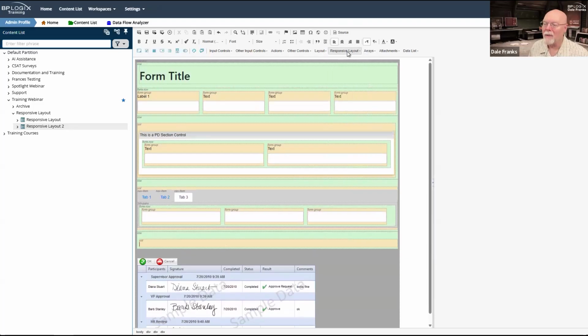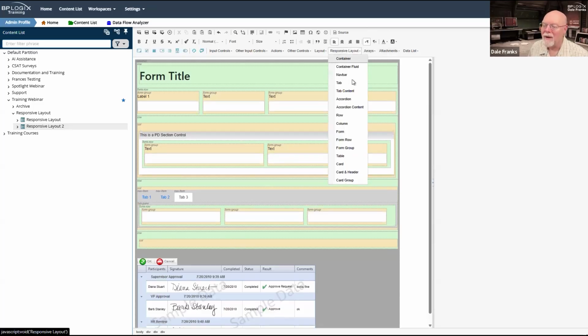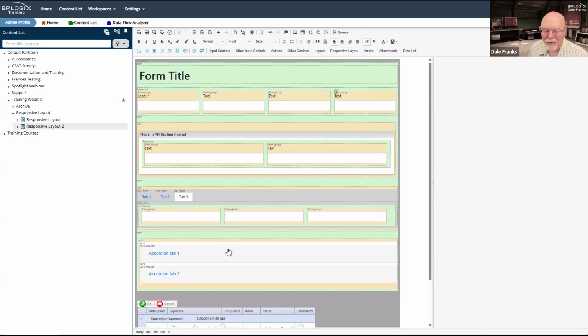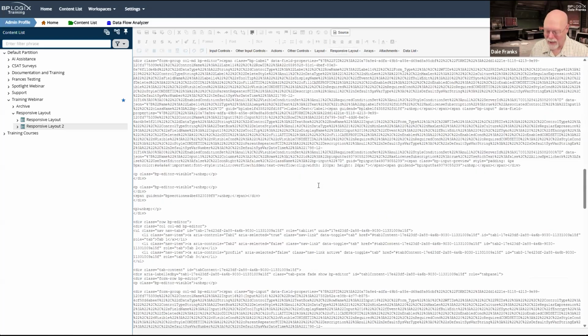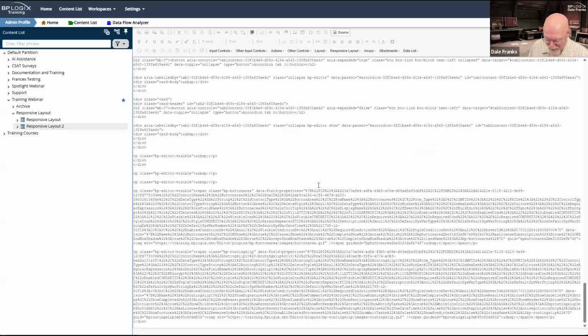And then in column, oh, I probably did that wrong. Nope, I guess we have to do accordion. I guess I have to have the accordion, and then I have to add the accordion content. So let me go back to source. I want to get rid of accordion tab too. Control F.